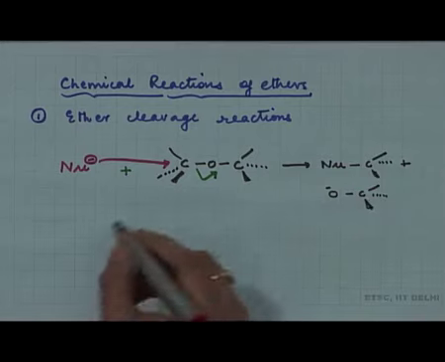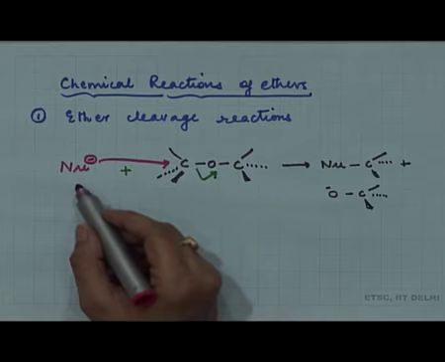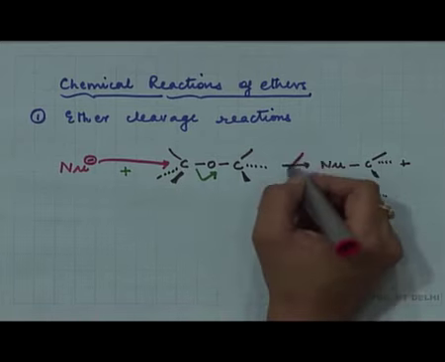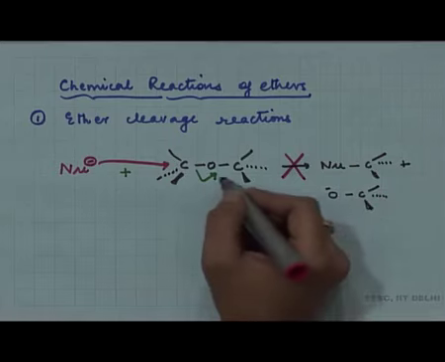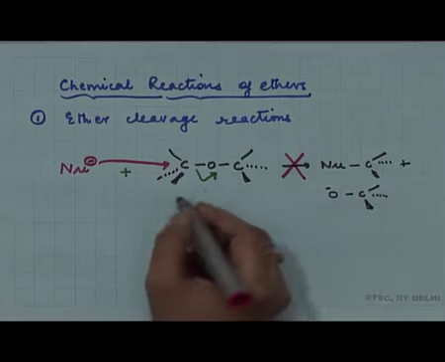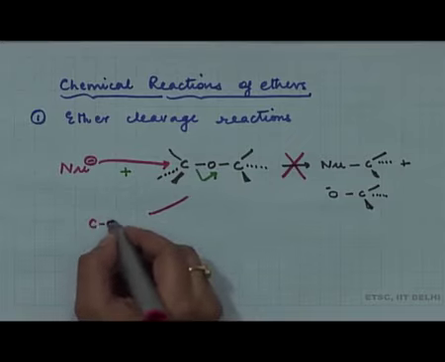By and large we see that if a strong nucleophile directly comes and attacks ethers, it is not able to carry out the cleavage of the C-O bond. The reason is that your C-O bond is quite strong,